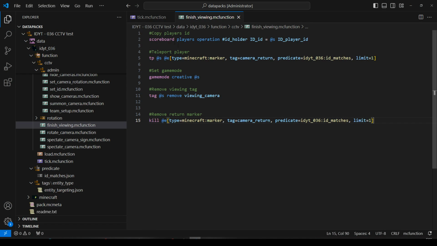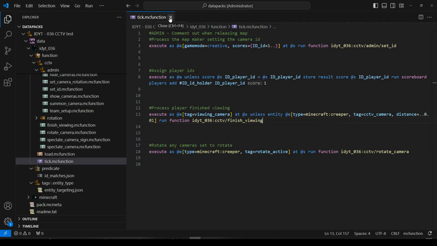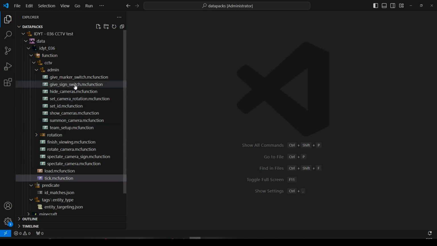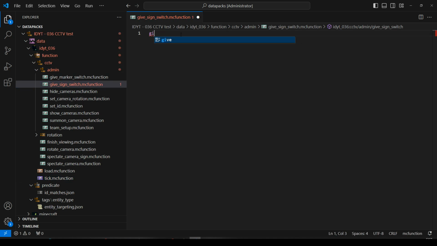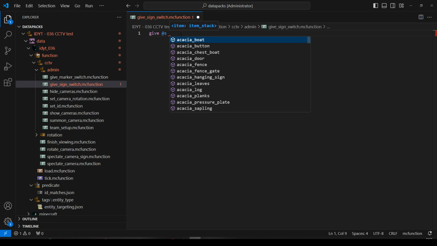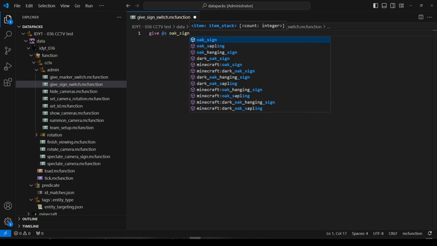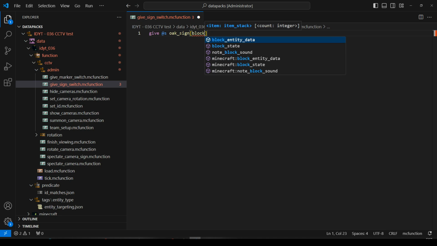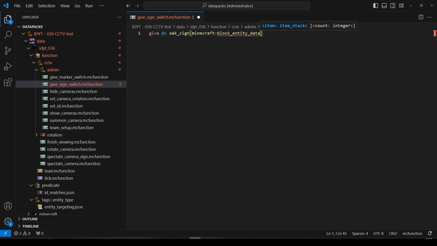So let's go back. Let's close finish viewing. Let's close tick. And what we need to do, we need to give them a sign which will run a function. So give sign switch. We're going to give the player an oak sign, and it's going to have block entity data, and that's going to equal, first thing it will do is have an ID which will equal